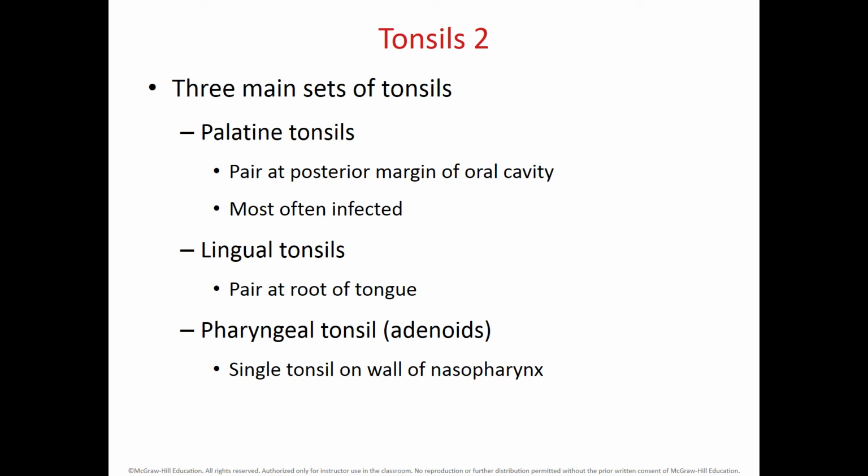So we have names for them, and I was referring to the palatine tonsils before, okay? So we have three main sets of tonsils. We have the palatine tonsils that are located on the sides of the posterior lateral region of the oral cavity. This is the most commonly infected, especially by Streptococcus pyogenes, the strep throat infection that we know about. And then lingual tonsils that are located at the base of the tongue, and then the pharyngeal tonsils that